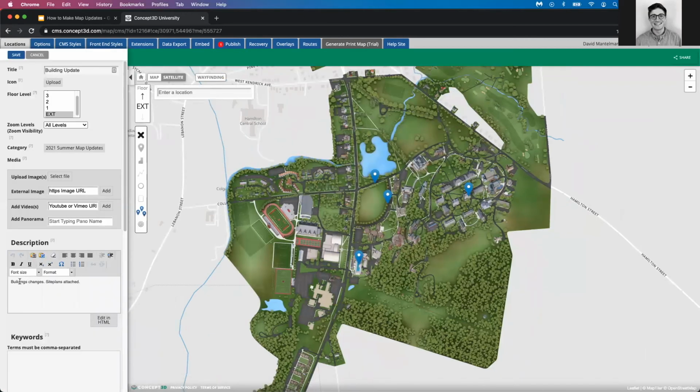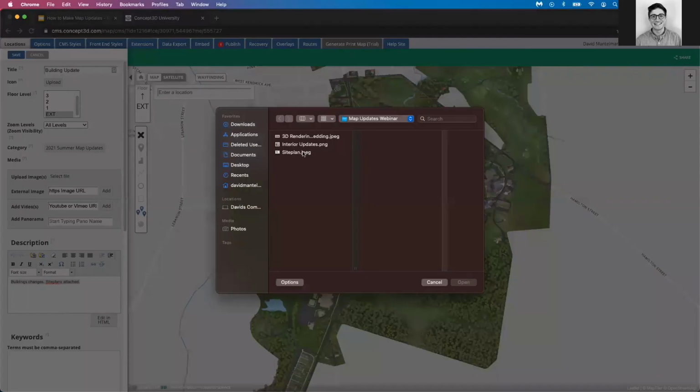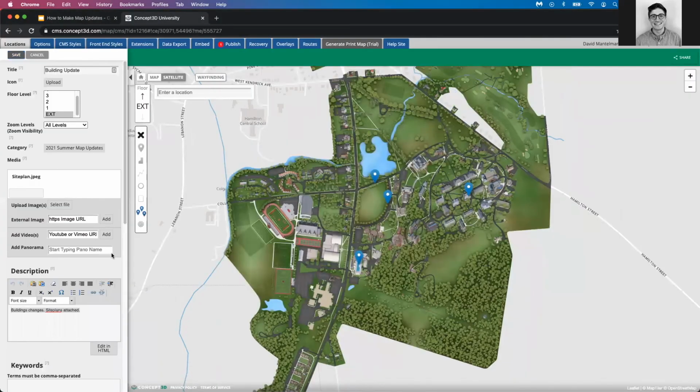So building changes, site plans attached. Again, if you say that, our production team is going to have a hard time understanding what that means. So just make sure that either you're attaching the file here and adding in here so they can see, oh, this is a site plan for this specific building, this area, or what you can do is if you've got a lot of site plans and you want to keep it organized, you don't feel like attaching all of them into here,